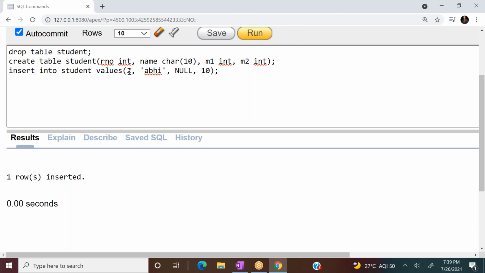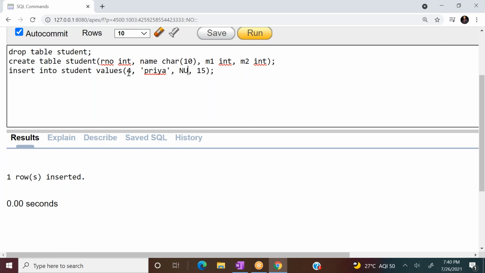I want to insert one more row with roll number 3, Mahi, value 20, and here 15 marks. One more student. So like this, I want to insert some set of records. So 4, Priya.